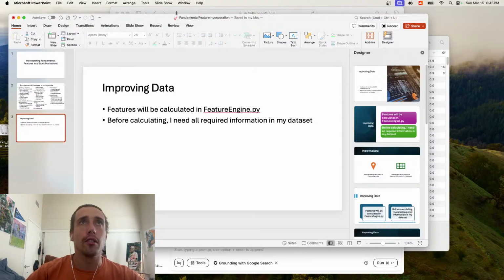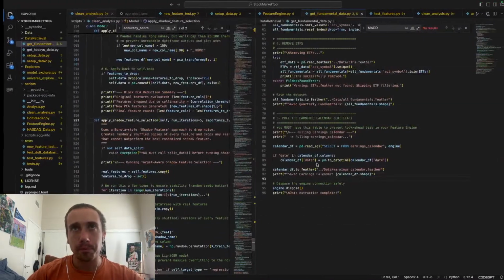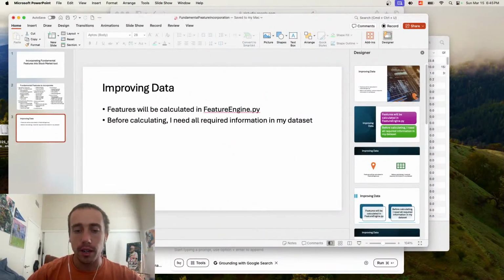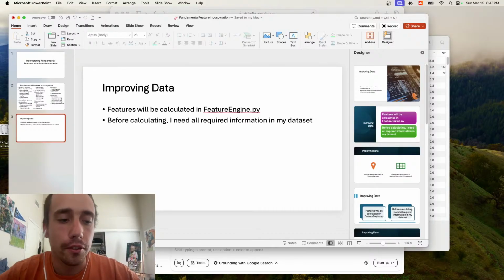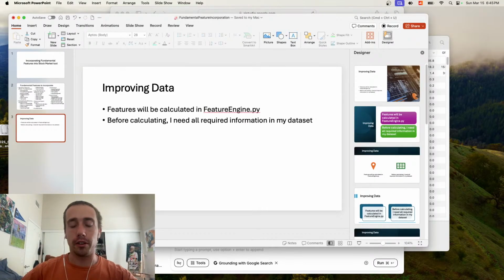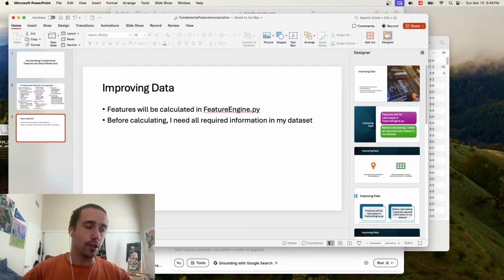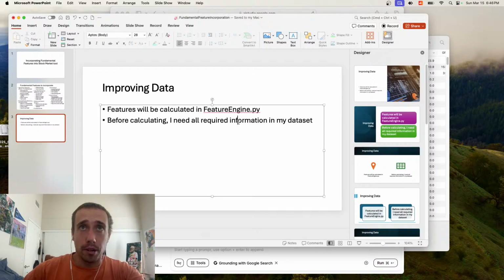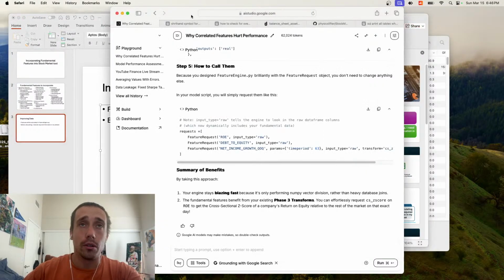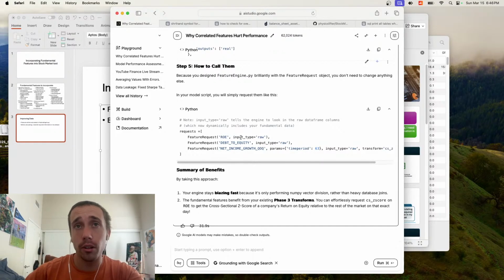What I'm doing right now is I want to incorporate this, which is actually going to be a huge improvement for my model, I think. Like I said, I have all these features that are derived from the price data. Fundamental data is completely different from price data. Price data is often responding to fundamental data. If there's an earnings report, the stock price will jump or fall based on the earnings report. But the earnings report is basically isolated from the price data. These are two completely different data sources. And so I really think once I add in this fundamental data, I'm going to get a significant improvement to the model.